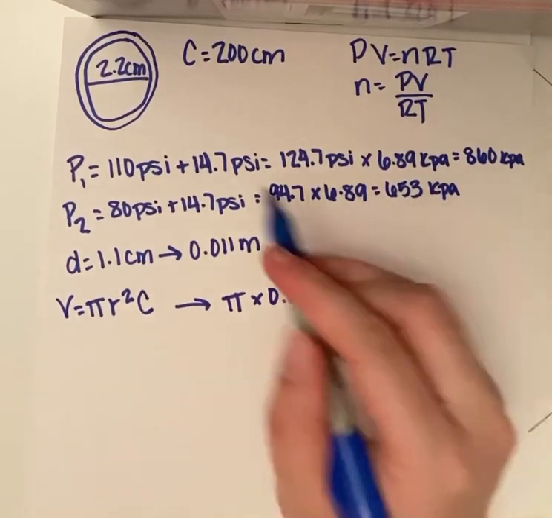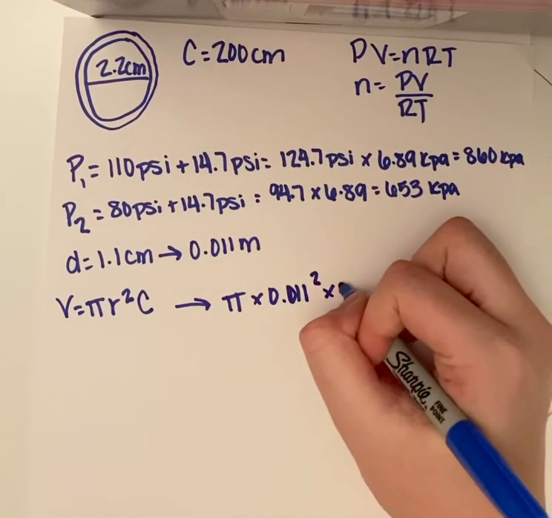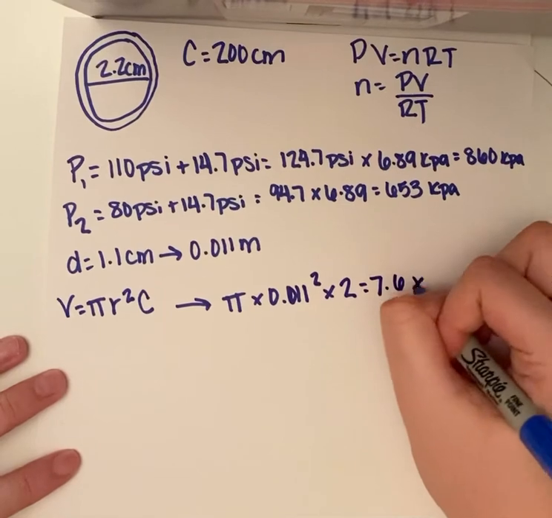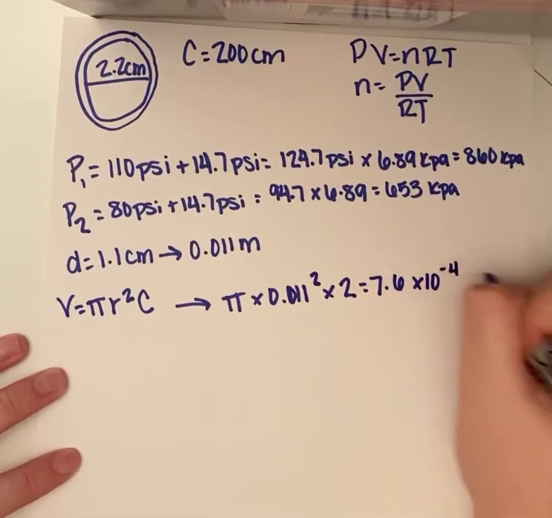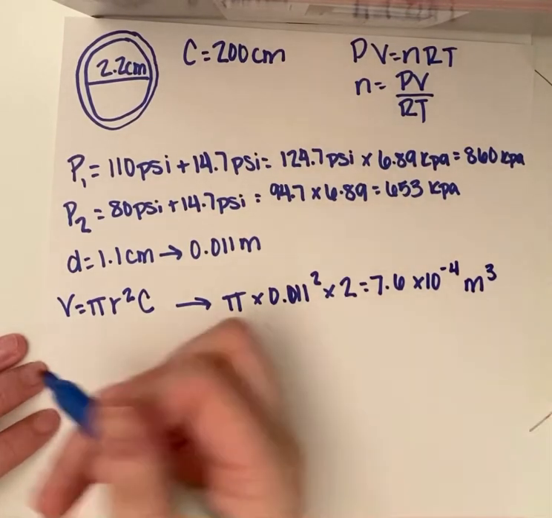And then the circumference was 200 centimeters. And again, we're going to convert that to meters to give us 2. And that equals 7.6 times 10 to the negative 4th meters cubed. So we have volume,